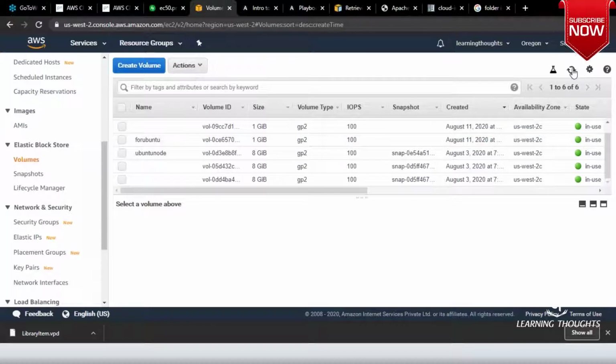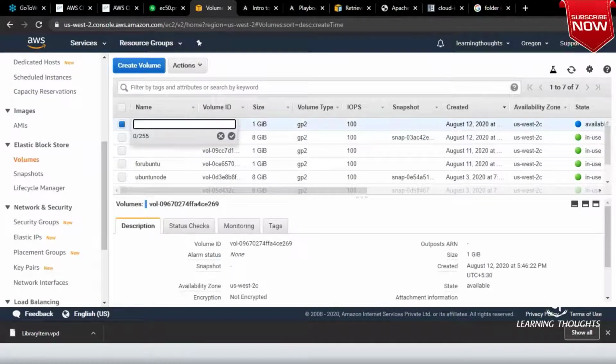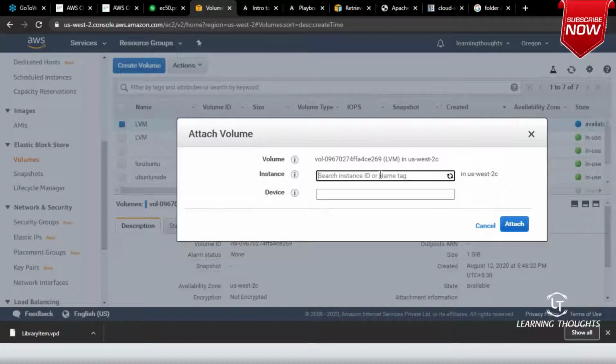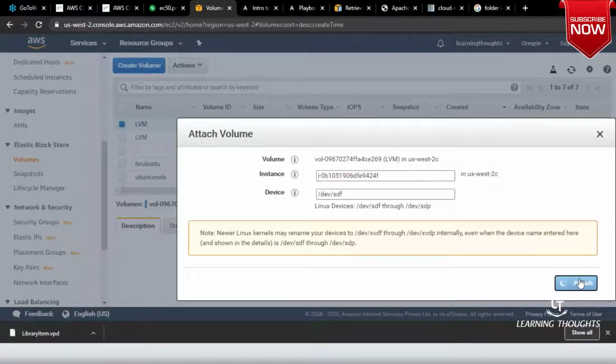Let me refresh. For this also, let me call it LVM so that I'll remember this. Now I'll attach this volume to this machine.